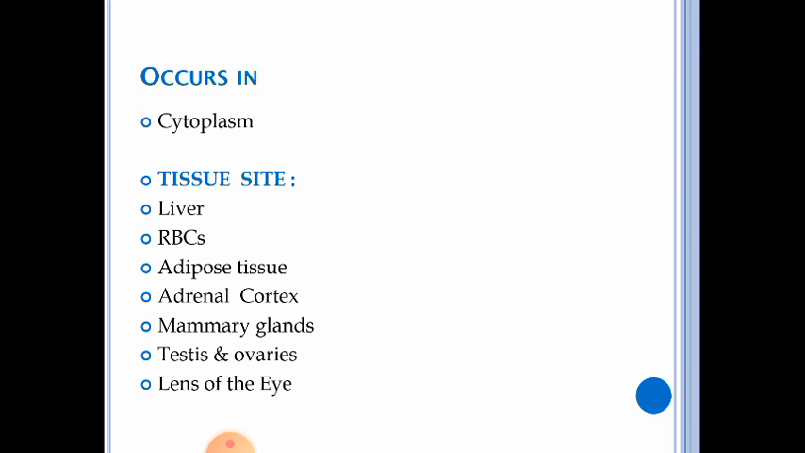And the tissue sites are liver, RBC, adipose tissue, adrenal cortex, mammary glands, testes and ovary, and lens of the eyes. So these are the sites in which the HMP shunt pathway is occurring, because these sites have a great requirement of NADPH. NADPH is required for the proper functioning and maintenance of these tissue cells. NADPH is helping